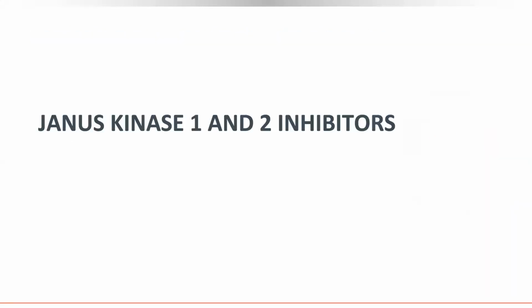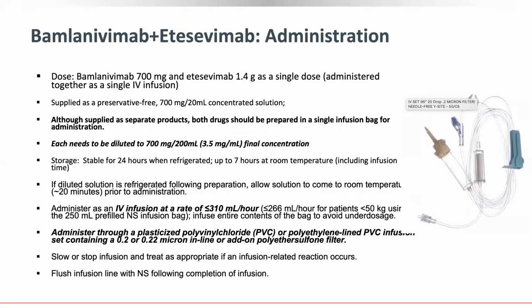But before you give that, you're supposed to turn it upside down about 10 times so that you can do the mixing. You don't have to shake the infusion bag. You have to turn it 10 times so that you have a well-mixed infusion of bamlanivimab and etesevimab. This is just a one-off infusion. So once the patient is given the infusion, there is no need for them to come back for another infusion. And as we said, this is better if someone has had symptoms within 3 to 5 days. Usually after a week, we do not recommend giving these monoclonal antibodies.